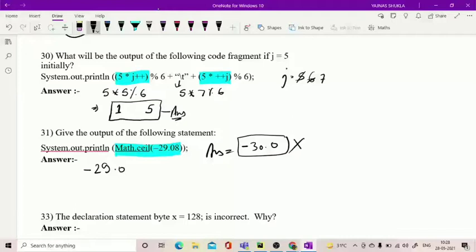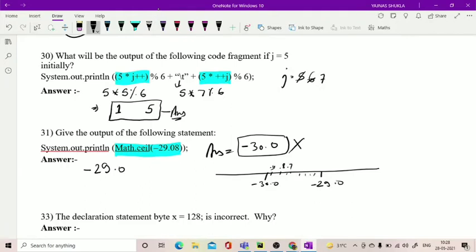This will be wrong. How will it be wrong? When there is a minus sign, if you see the number line, there is minus 29.0, then minus 30.0. Where will minus 29.8 be? It will be minus 29.9, 29.8, 29.7, 29.6 like this.